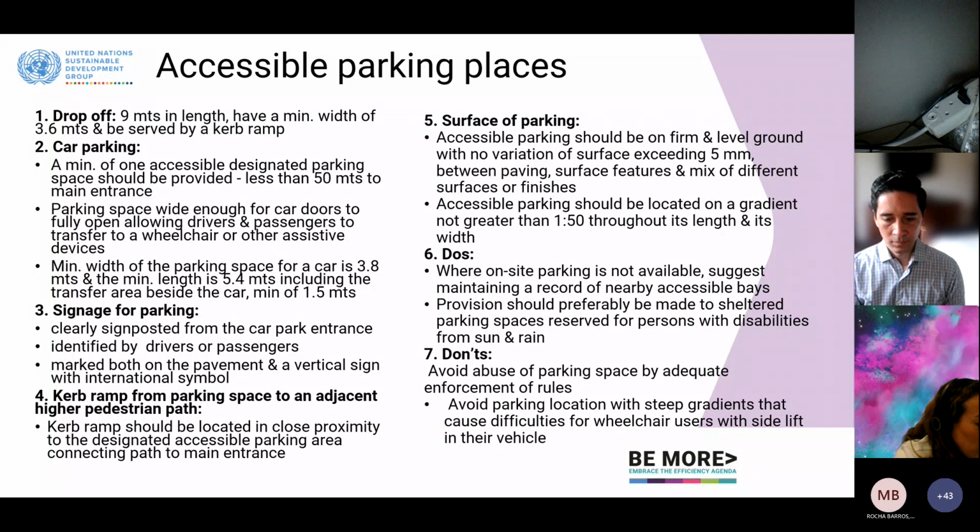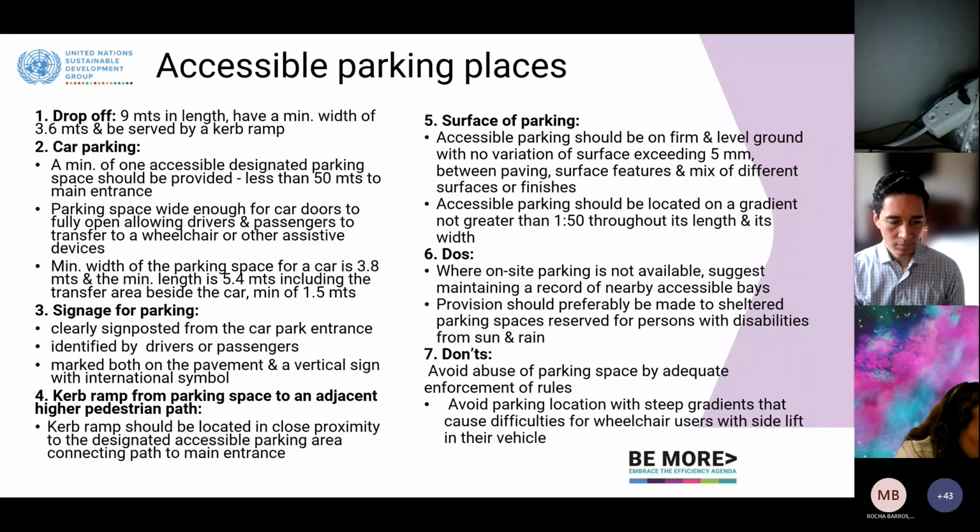A space should be provided less than 50 meters from the main entrance. The less distance between the drop-off area and the main entrance, the better, so that a person with a disability wouldn't have difficulty in reaching the main entrance.